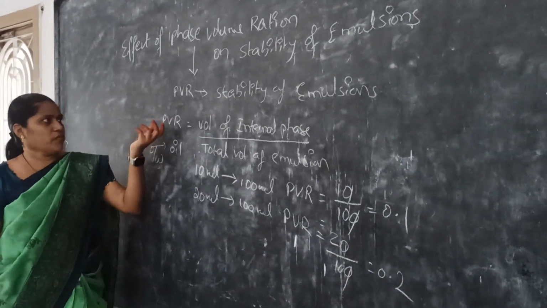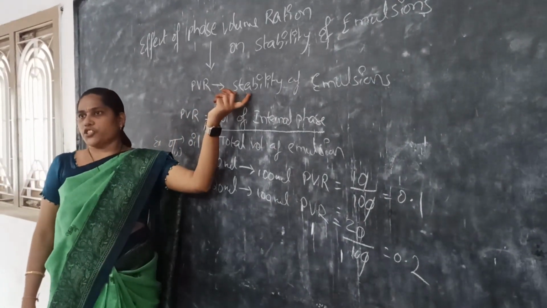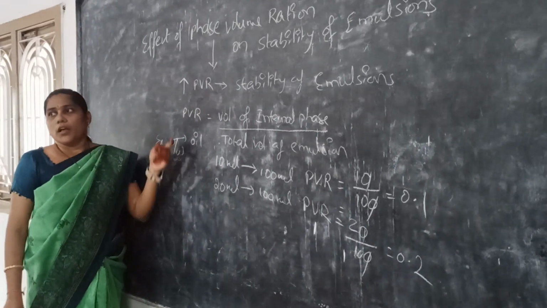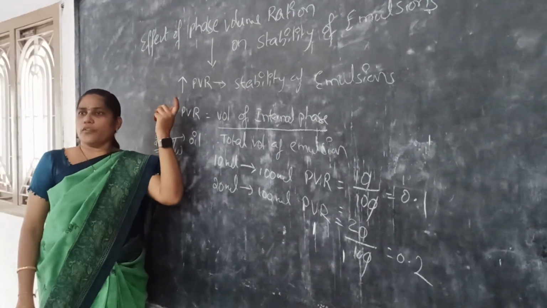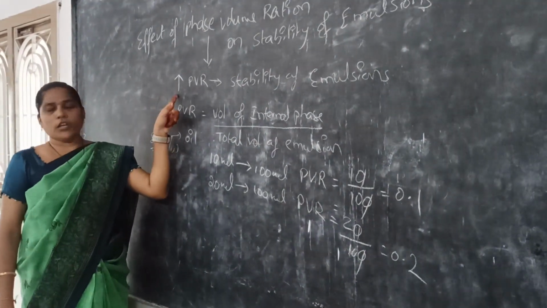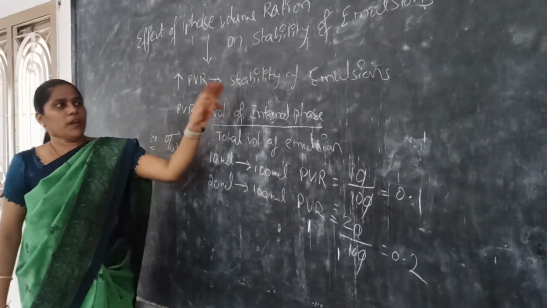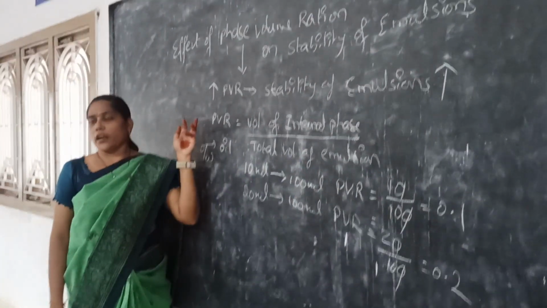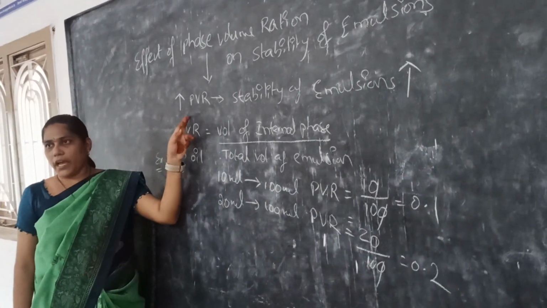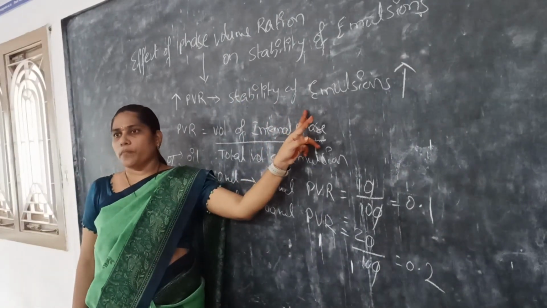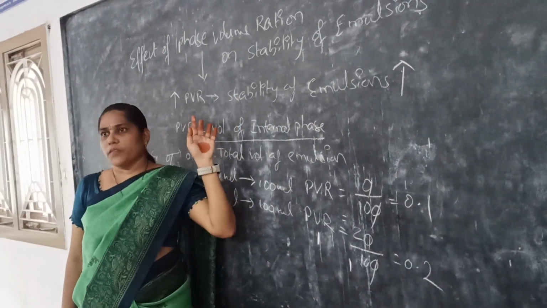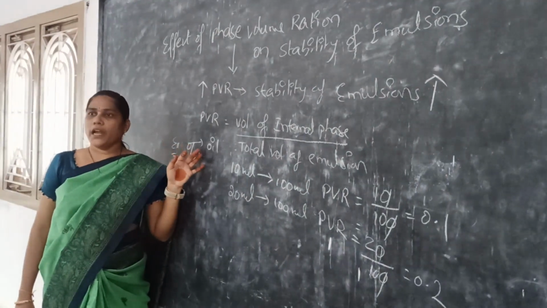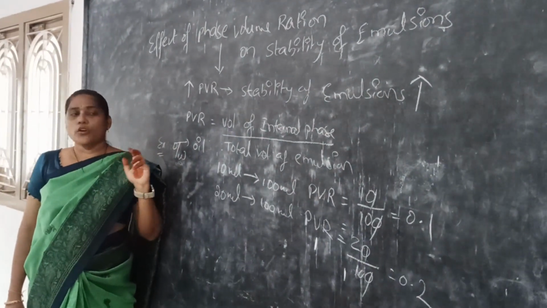So what is the relation between phase volume ratio and stability of emulsion? From the textbook or the literature we know that whenever the phase volume ratio is high, the stability of emulsion is greater. That needs to be remembered. If any emulsion has a high phase volume ratio, it indicates it has high stability. So to prove that,